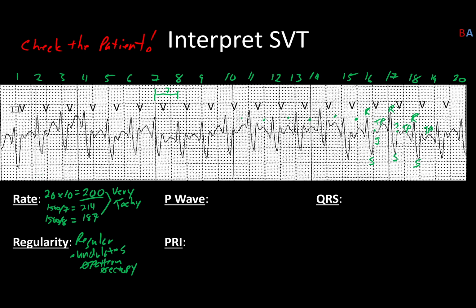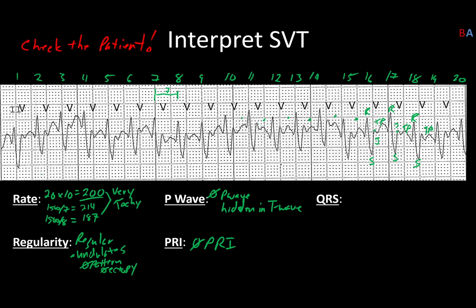So we've got that, and that. Those are all there. For now, I'm going to say there's no discernible P waves. And so for that reason, we have no PRI, which then brings us to our QRS,